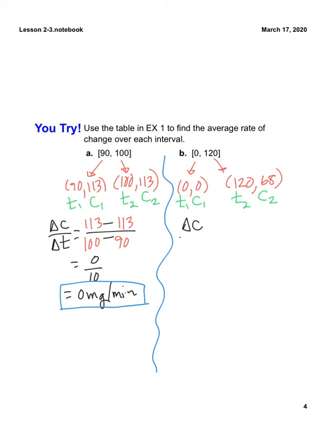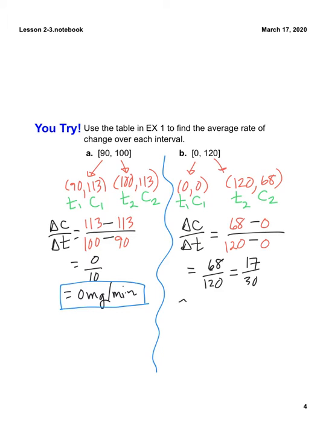So change in C over change in T. And then our C sub 2 is 68 minus 0. T sub 2 is 120 minus 0, which gives us 68 over 120, which reduces to 17 over 30, and